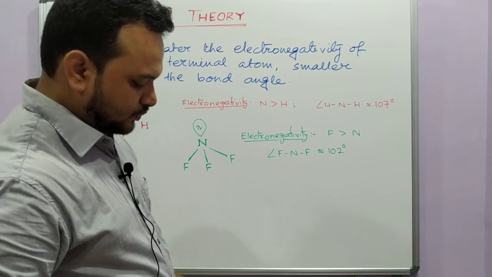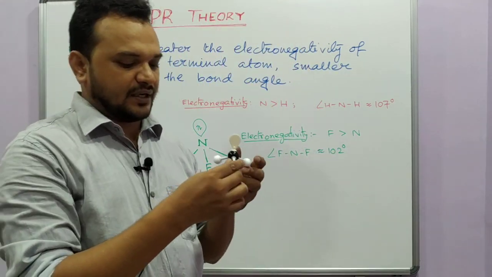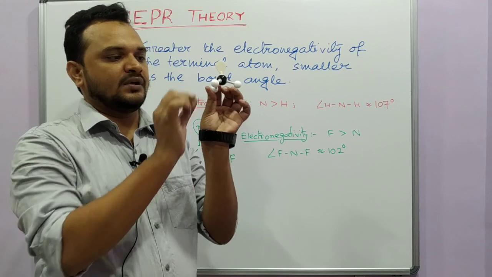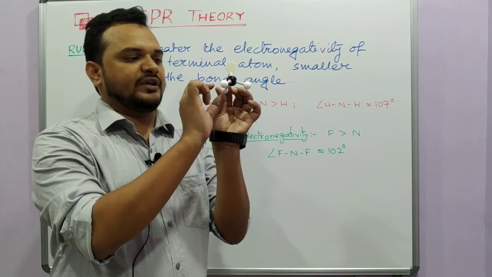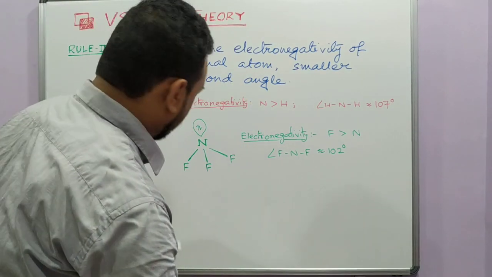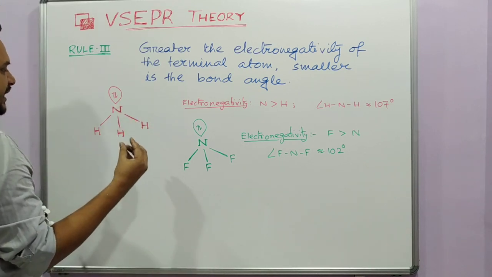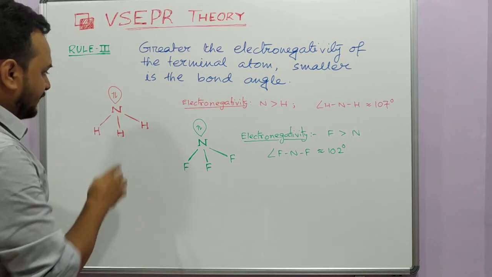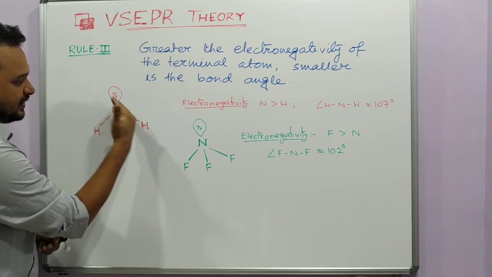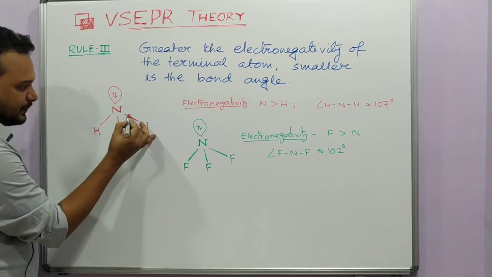Now you can understand this by the model. If I show you the model, you can understand it very easily. Suppose this is your NH3 molecule, the ammonia molecule, and the electronegativity of the terminal atom is very low. When the electronegativity of the terminal atom is less than the central atom, the bonding pairs tend to get shifted towards the central atom. That means instead of being in the middle of the nitrogen and hydrogen atoms, the electrons are actually shifted towards the central atom, because nitrogen is more electronegative. So the electron pairs are like here,